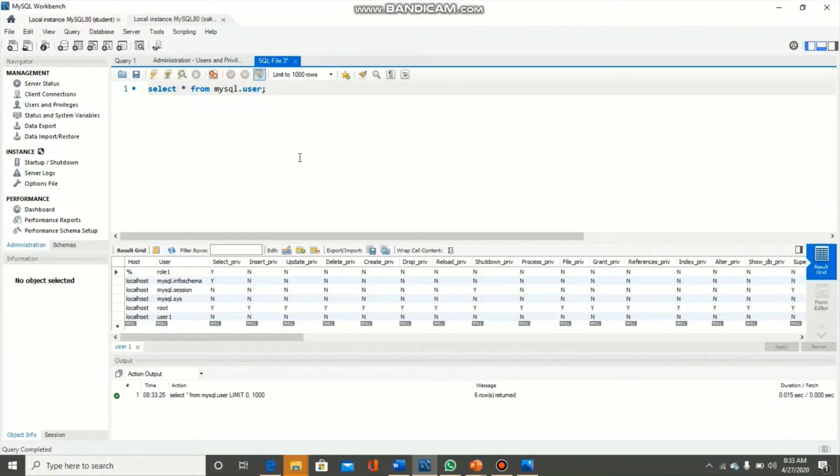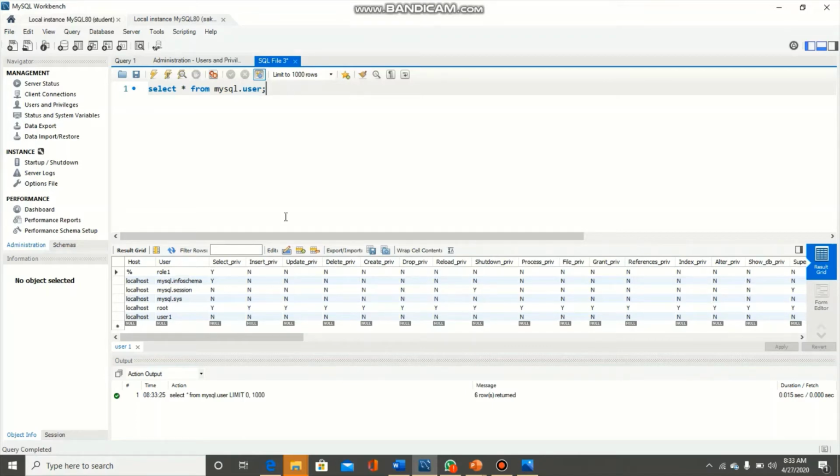So here we have the list of all the users, and we have host, then username, and attributes for the privileges, like select privilege, then insert, update, delete, create. There are so many privileges in this list.